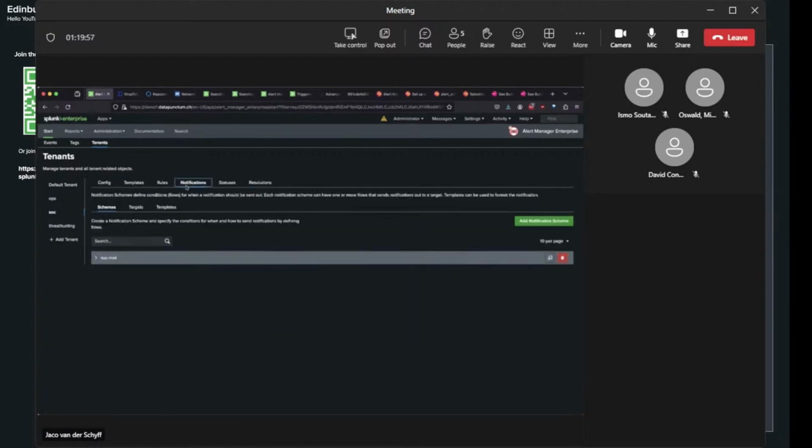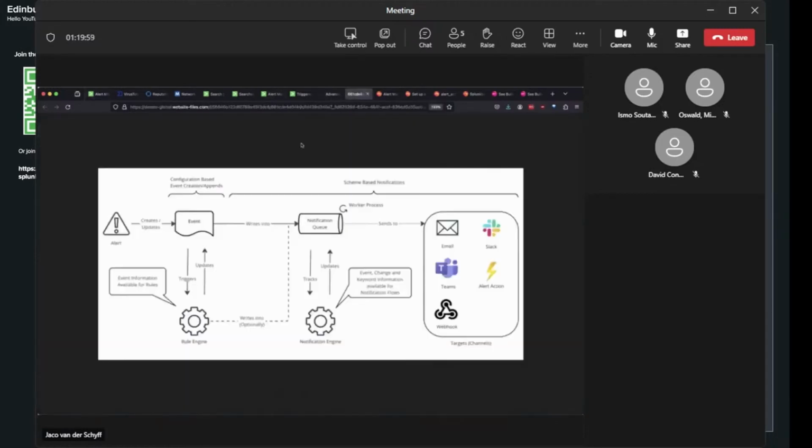The other thing I want to show you is the notification engine. So we have this complete notification engine within AME, and these can be used to do basic automation. It can be used to do basic notifications to different channels. We support email, Slack, Teams, webhooks, so you'll get some post requests.